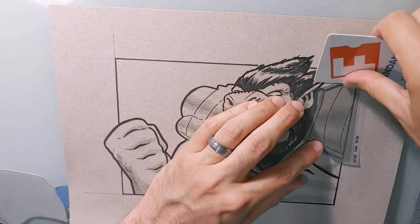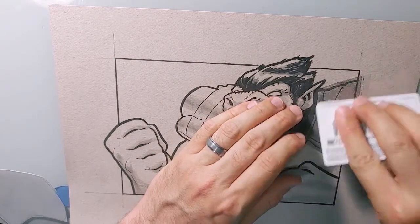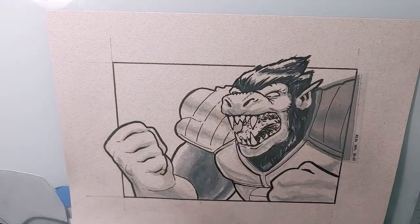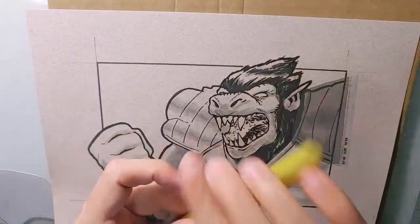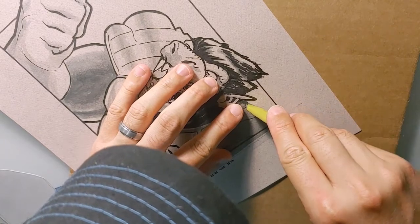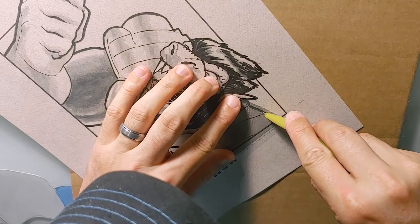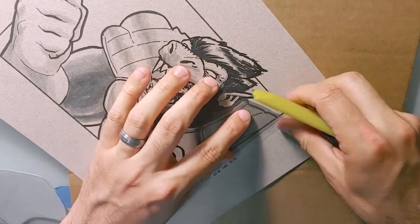Oh, and as far as what I'm doing here, I'm using an old gift card that I had laying around, a used gift card. I hold on to them for things like this. So what I use this for, when you peel the backing off the screen tone, it has adhesive on the back side, and you place it on top, place it as flat as you can, and then you take your card, or if you have the deleter kit, there's a little wedge that comes with it that you just run over the drawing, basically to get any of the wrinkles out and make sure it is completely flat to the